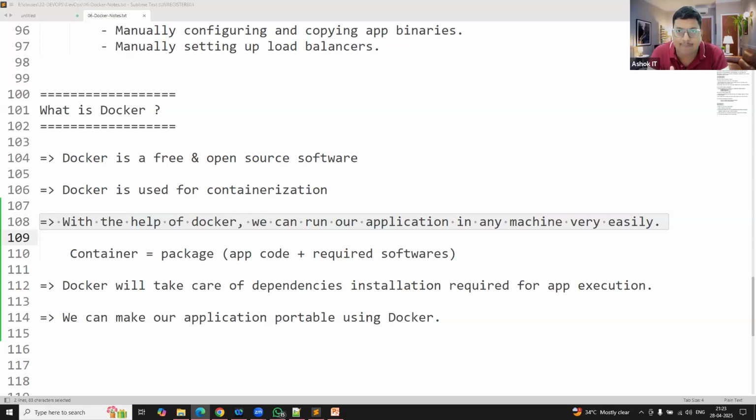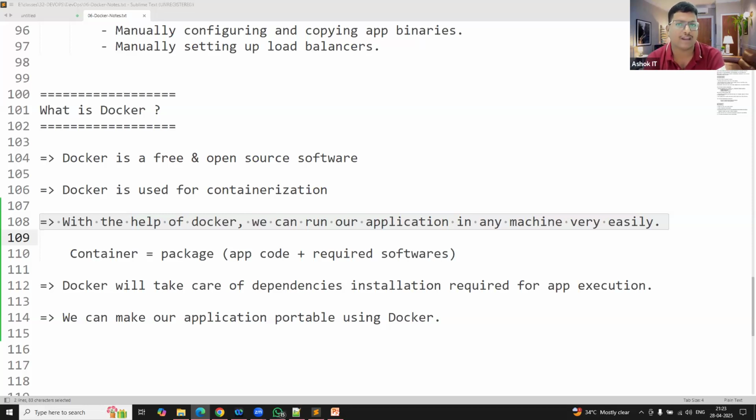Easily, we can run our application on any machine without bothering about which operating system is available, which Java version is available, whether Tomcat is available or not, MySQL, Angular, none of it is required. You no need to set up the software from now. To run your code, what technologies are required? Docker will take care of it. The software installation, versions, deployment, execution, Docker will take care of that.